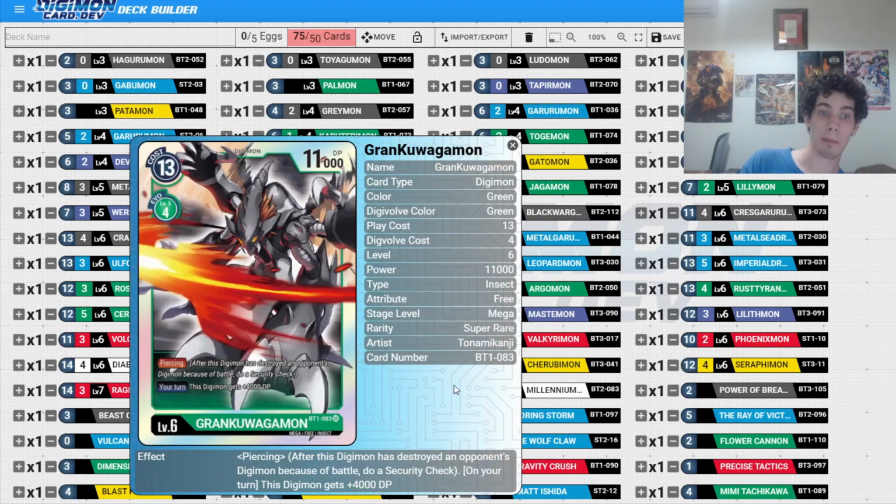Grand Kuwagamon. Now, this is actually considered one of the better cards in green, to my knowledge. This has piercing, which means after it destroys an opponent's Digimon because of battle, you do a security check. That does not count as attack and security as like a...